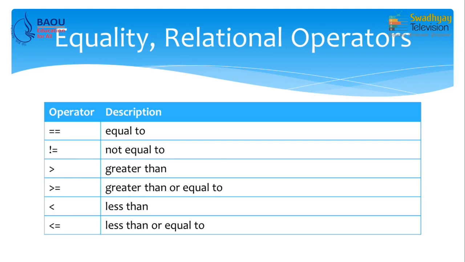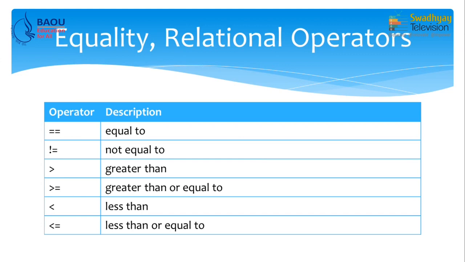The first operator is also called the equality operator, which compares two values for equality. Suppose I write a double equals b. What does it mean? If a equals b, then it returns true, otherwise it returns false. So, these operators are also called Boolean operators, because they return either true or false. The second operator is not equal to. It returns true if the left hand operand and right hand operand are not equal.